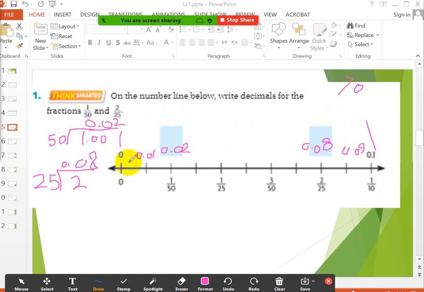So I will count in the second digit after the point, which is the hundredths, starting